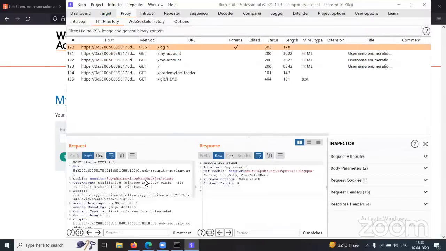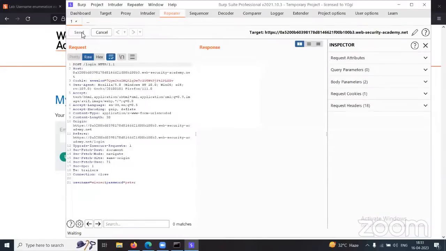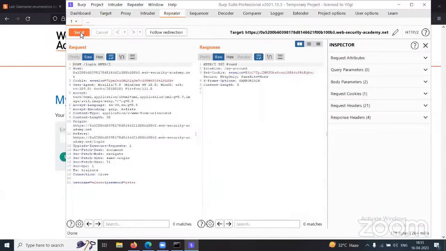So if you just go to the post login, I will send this request to repeater and I will send the request once again so that we can compare the response. Now, so winner is the username, right? And what we have to do, we have to find another username. So what we need to do, we have to brute force this username parameter, right? To look for another right username. But one thing we'll notice,